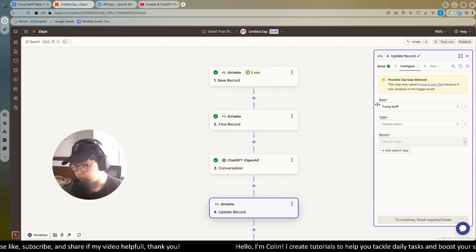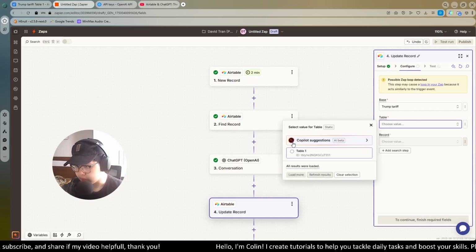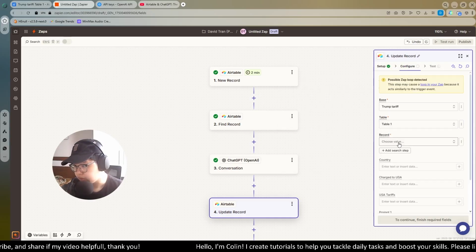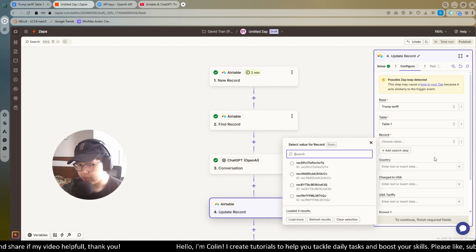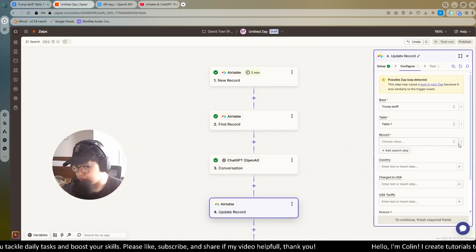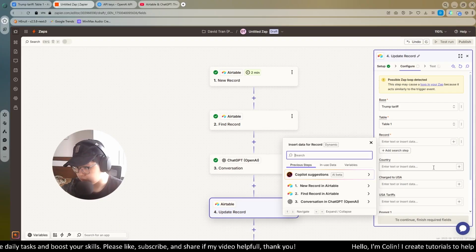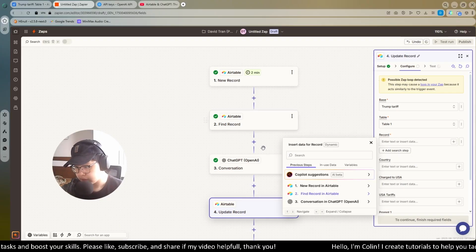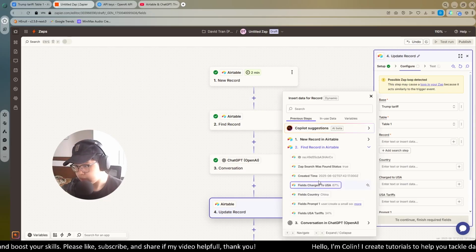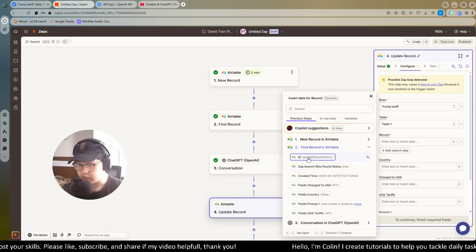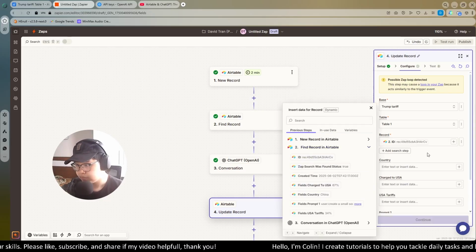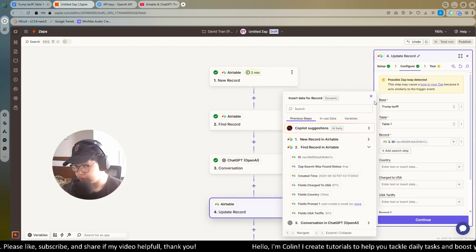You choose the base again, you choose the table again, and now you need to choose a value. The value here is the China record that I searched before. So now I will choose the custom one. You click the number 2 action, find record, and then you need to choose the ID of the record. Okay, now basically it's done.